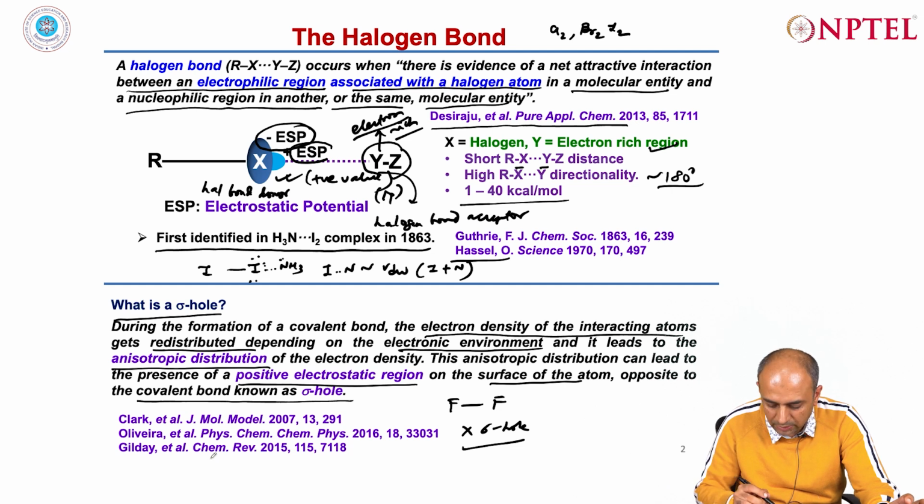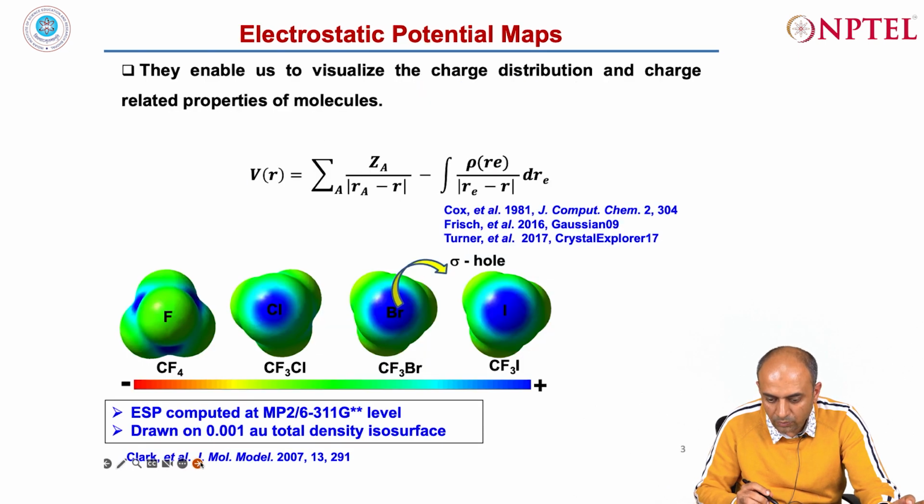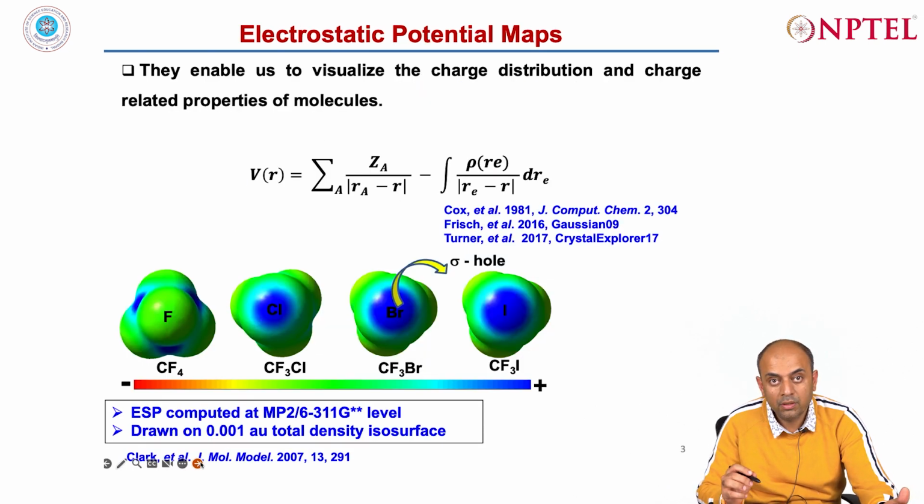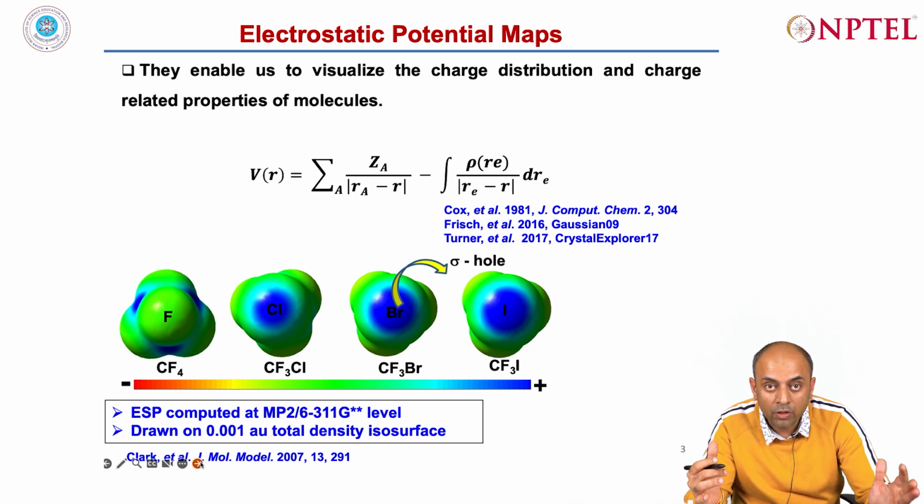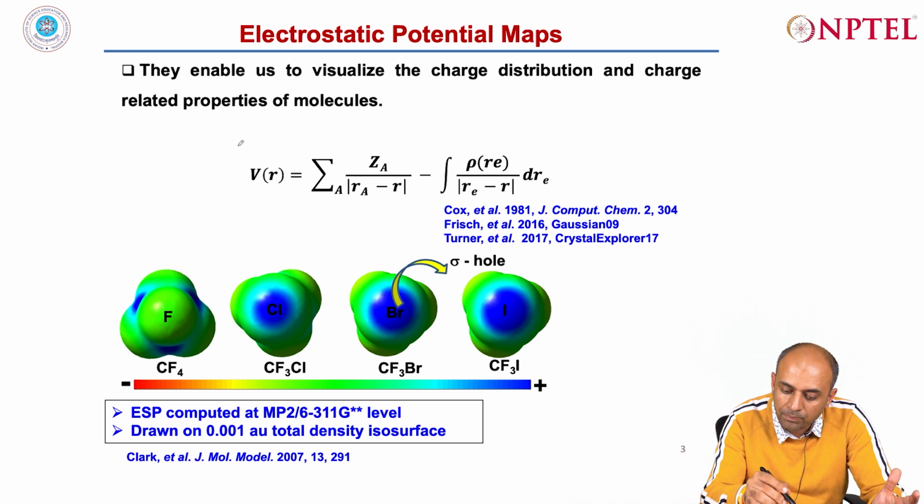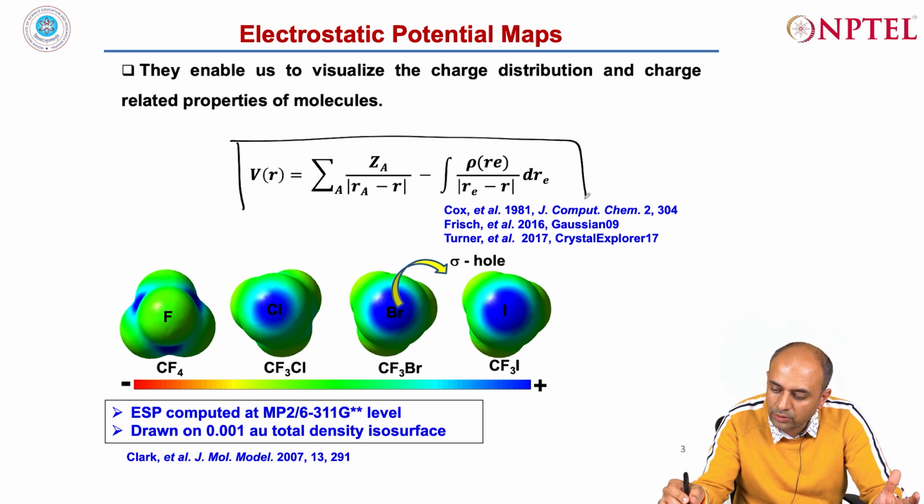So, the next thing is, let us look at how we can compute the electrostatic potential. Let us visualize this electrostatic potential. It is very important to see how the electrostatic potential looks like and what is the basis of the electrostatic potential. So, this is the expression for the electrostatic potential,